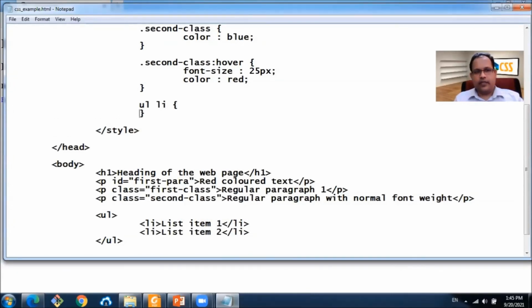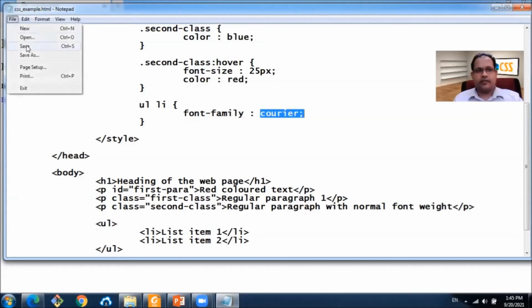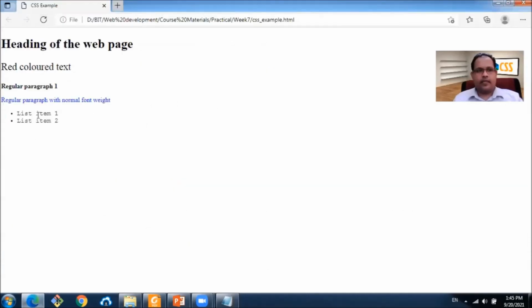So what do we need to do to this list item? Let's make the font family Courier. And this is a standard font, comes with many operating systems. Yes, the font family has changed to Courier.